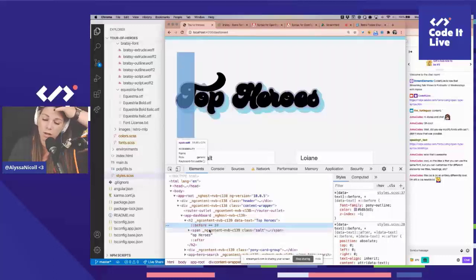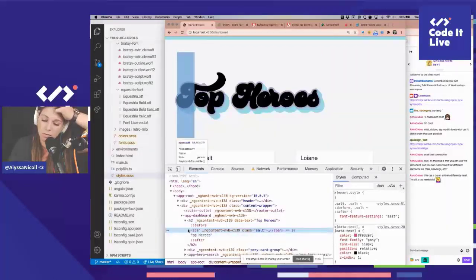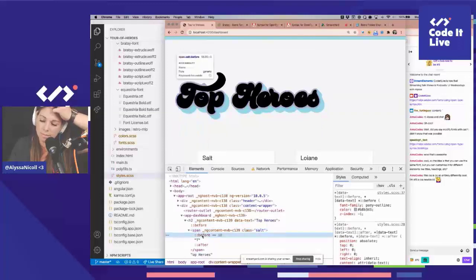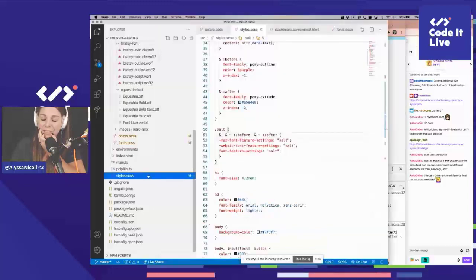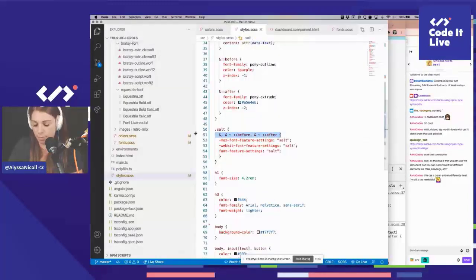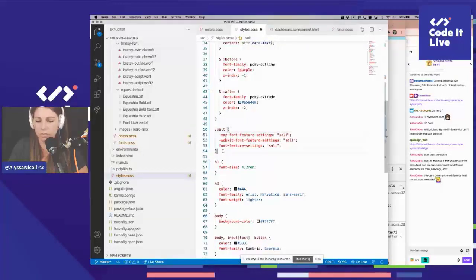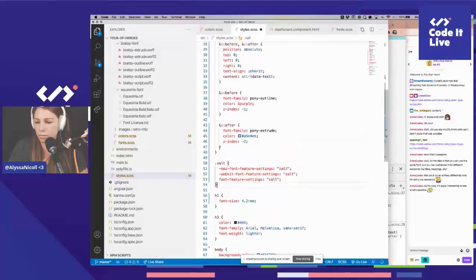I'm doing this wrong. Okay, so span, salt, open up that. I don't think I'm going to be able to select it like this. So basically,